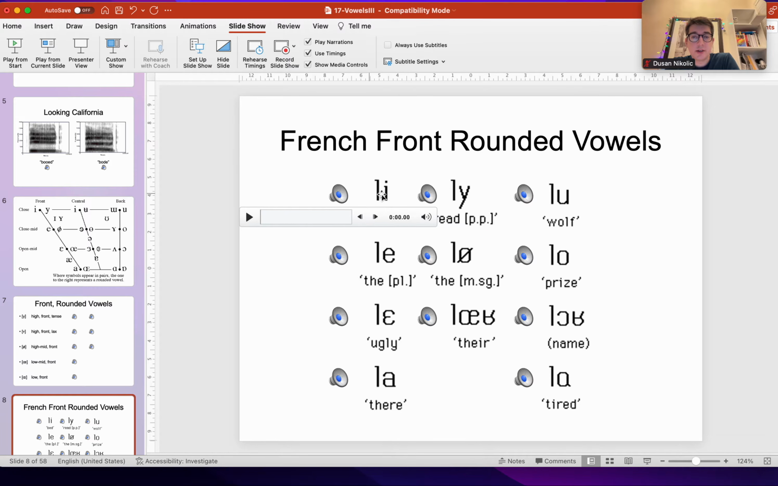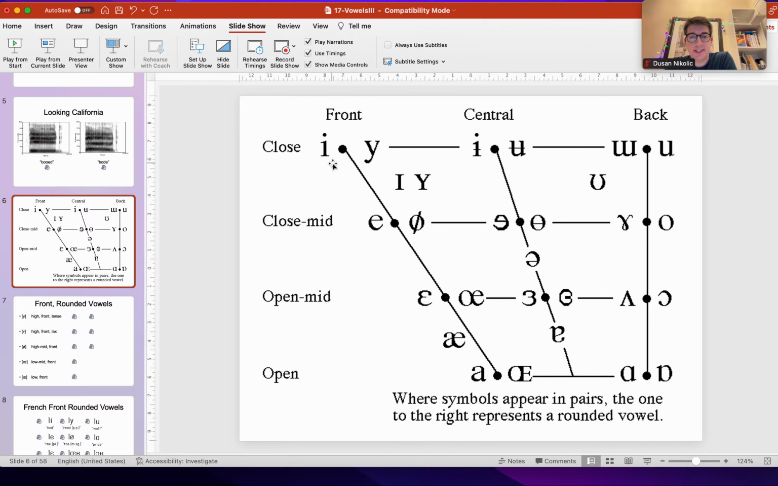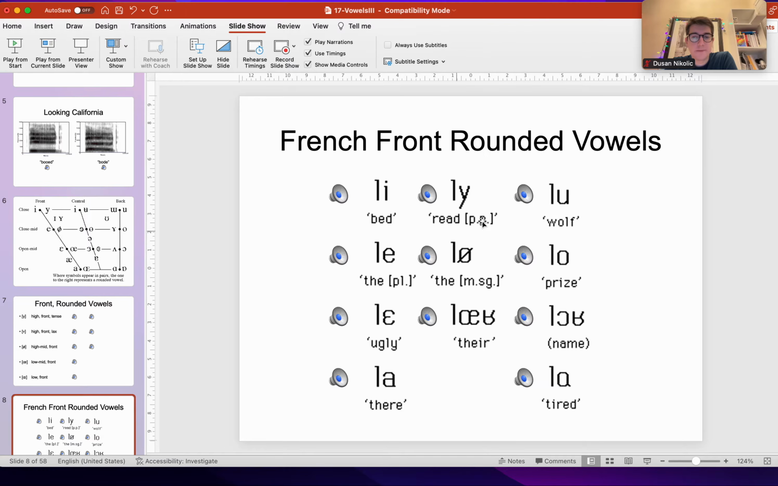So here is a rounding contrast between the highest i and u, and the contrast is quite observable in French. Li, li, lu, lu, right? So you're going this way, i, u, and u, right? And now